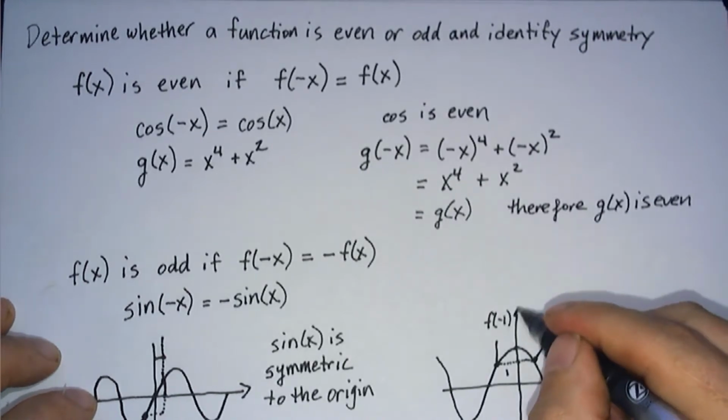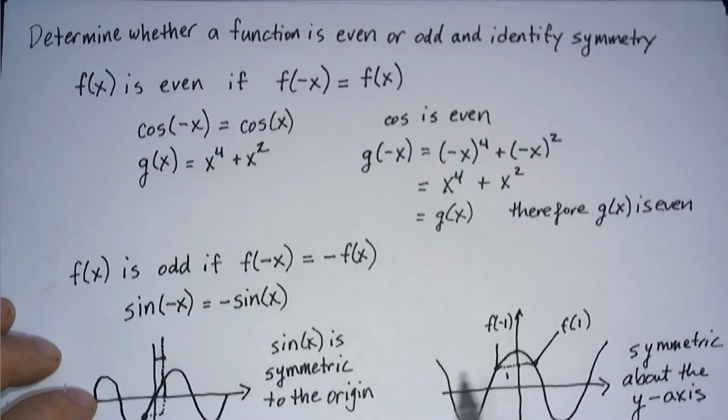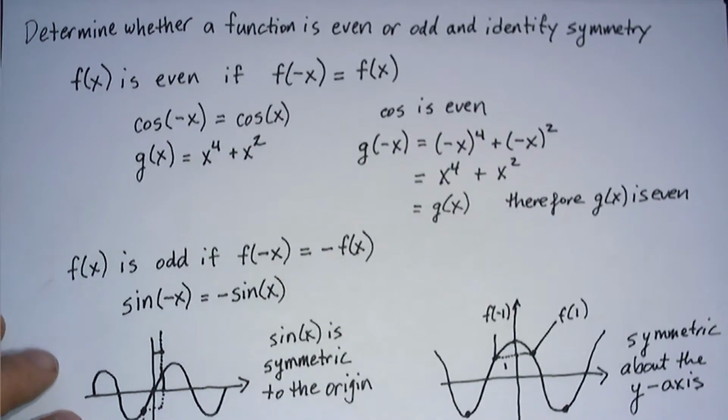Because this is the y-axis, if I fold this over, it reflects. It's a reflection across. Look at here. These points are the same there, and so on. Okay. Now there's another case